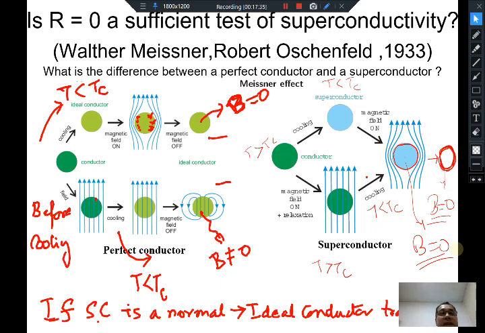But here the system reaches a unique state irrespective of the path taken, and this shows that the superconducting transition is a transition of the material into a state which is completely different from that of an ideal conductor. Furthermore, it is a thermodynamic state because irrespective of what path you take, it reaches one single unique state. And the unique state is a state where all magnetic flux is expelled from the interior of the sample.